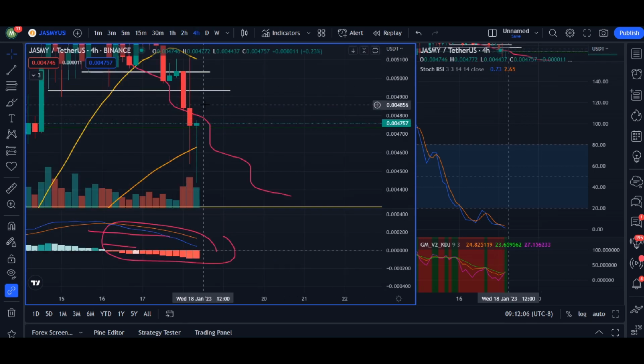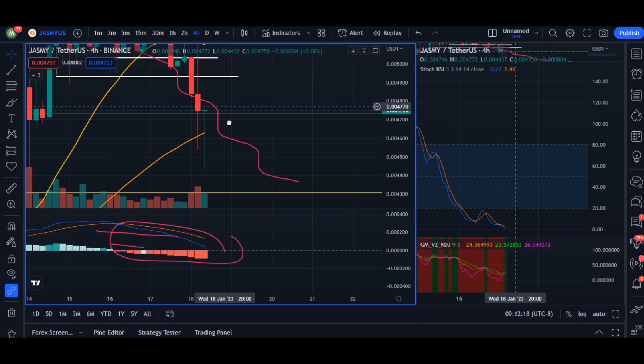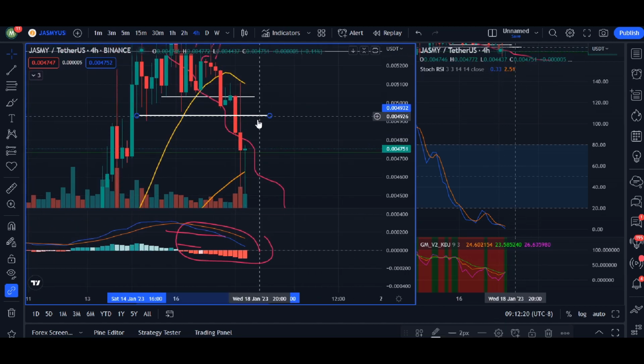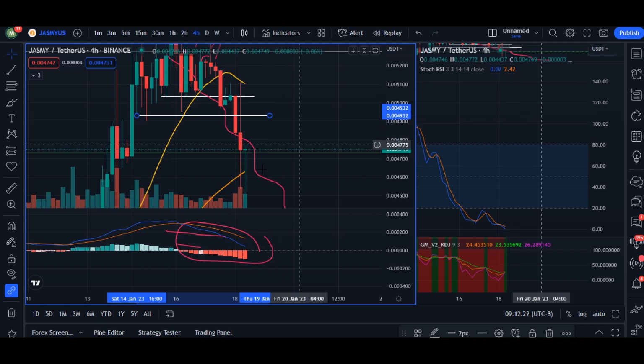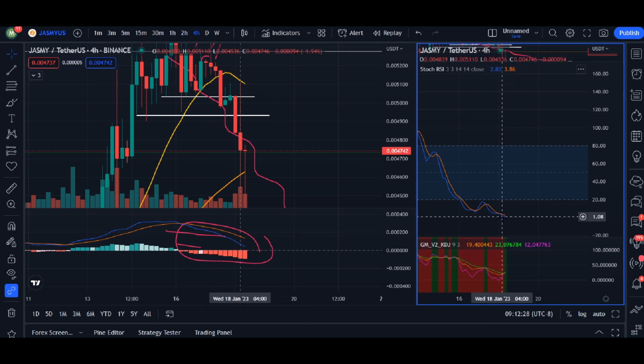Ideally, in the next candle opening after a hammer candlestick, we want to make sure we have an engulfing candlestick compared to this one to really drive that result of that buying pressure. And if we're able to see that buying pressure, we may retest the area of support turned into resistance here. Okay. Still taking a look at the 4-hour time frame, the RSI has dropped again close to 0% for our K line. Our D line is at